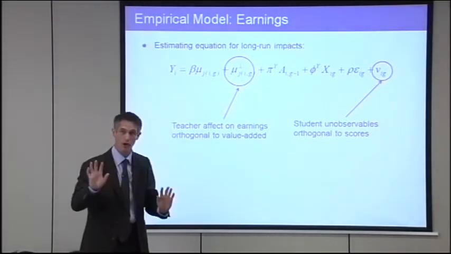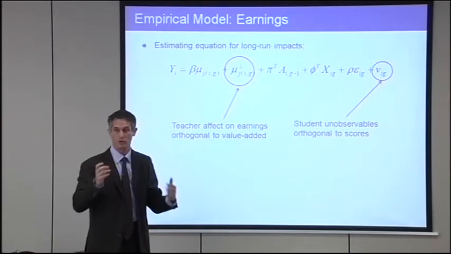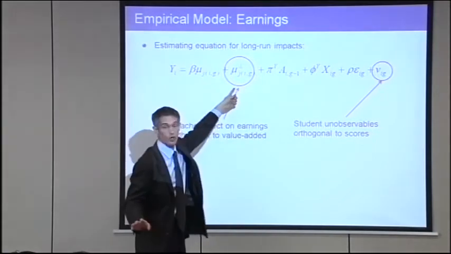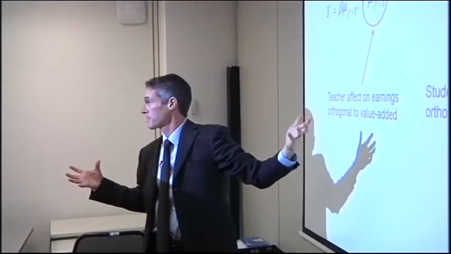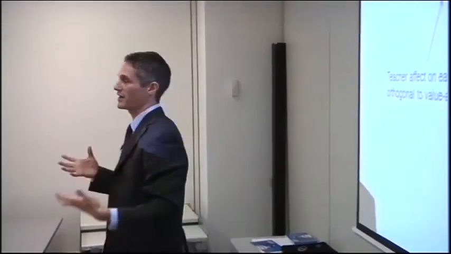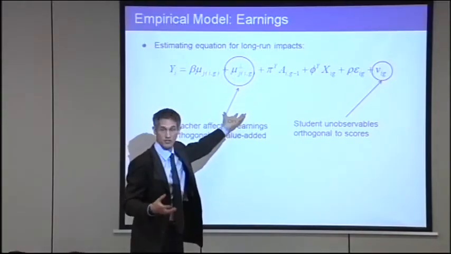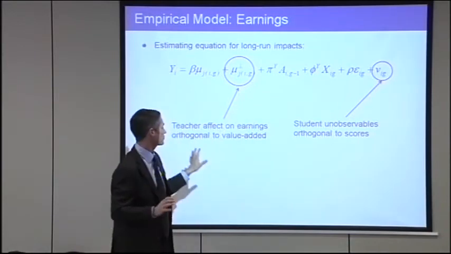If it doesn't show up in your test score, but it shows up in your wages, that's okay. It'll be over here. But by definition, this is uncorrelated with this. By definition. Okay? But I just want to point out that there's other ways in which teachers can affect your long-term outcomes that aren't picked up by the test. So that's why when you go to the practical issues around measuring teacher effectiveness, you wouldn't want to only measure that using a test because a test probably doesn't capture everything that teachers do that's useful. And if you have other measures that can capture these other aspects of teacher performance, you'd want to use them. Okay. So that's one thing.